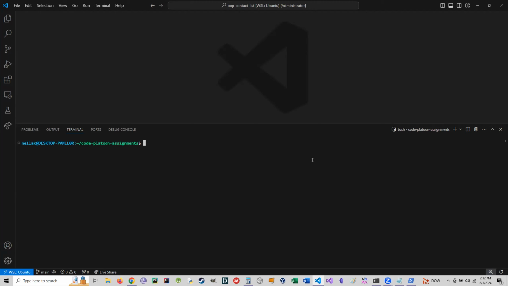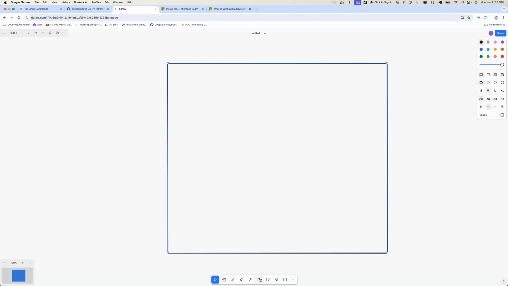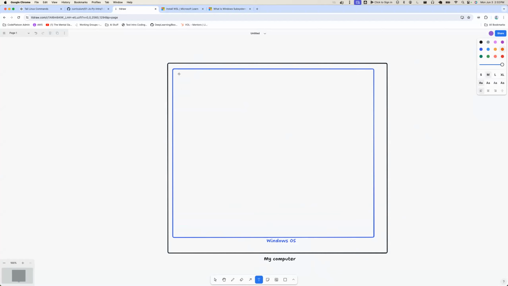WSL2 is in fact a full-on virtual machine. And I'm going to steal the screen for a moment, and I'll just make a quick diagram in here to very briefly explain sort of the idea of what a virtual machine is. So I've got my computer, and then inside that, let's say I've got Windows, right? The Windows OS. And inside that, we are running a program called